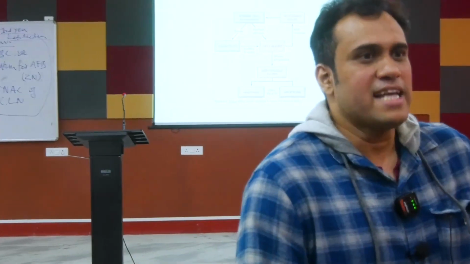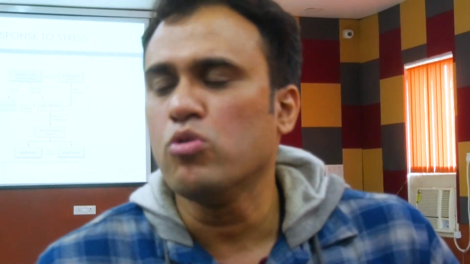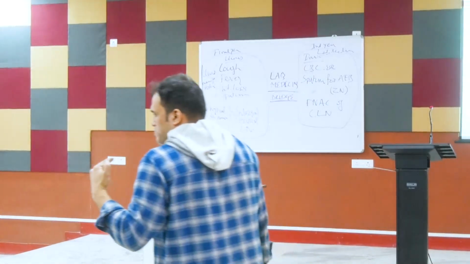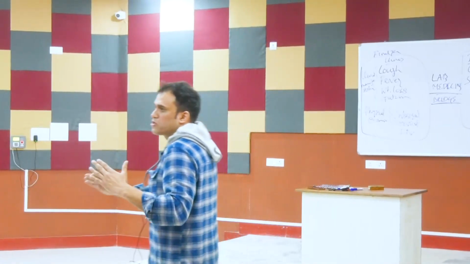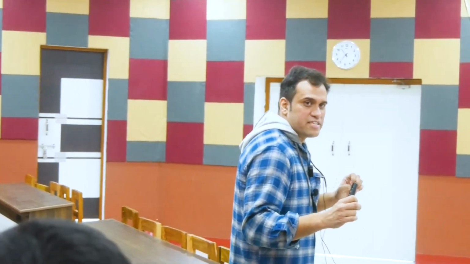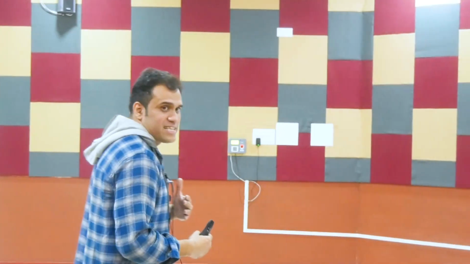If the injurious stimulus is removed, the cell reverts back to normal. So either the cell adapts or the cell goes into a state of injury. If the stress is not too much, the cells will adapt and finally get back to normal homeostasis. Clear? But if the injurious stimulus is severe and keeps on persisting,